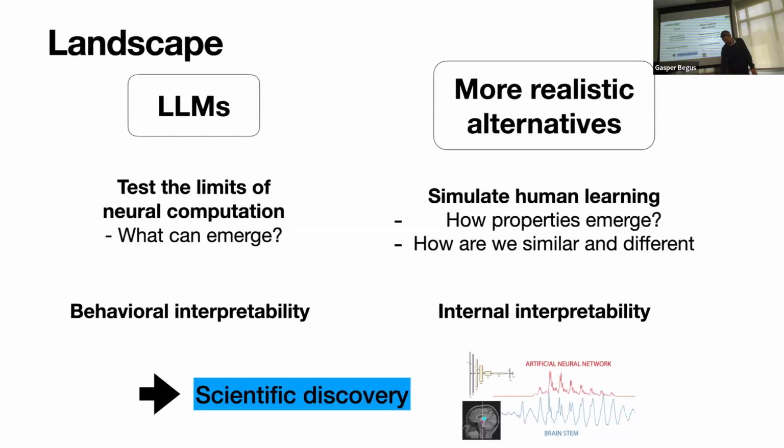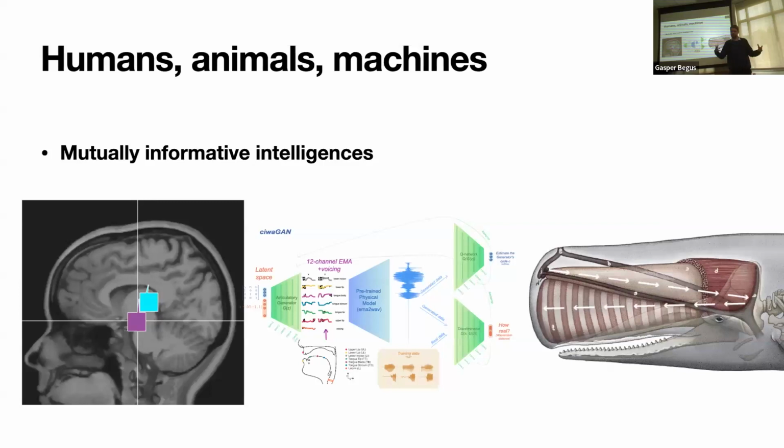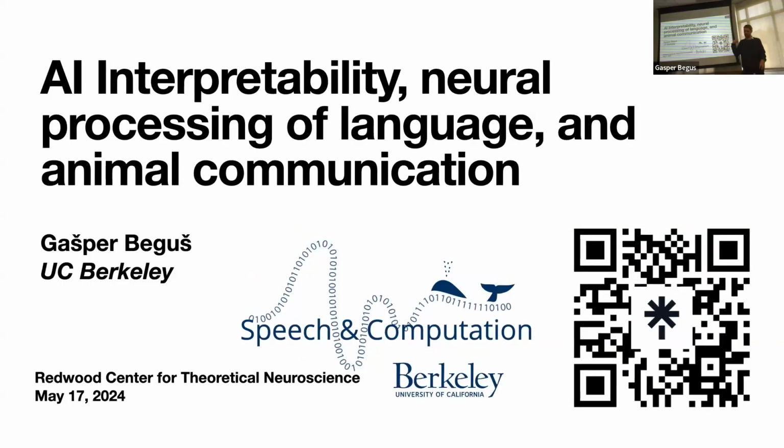Okay, so back to the landscape. I think LLMs are definitely very cool for testing the limits. I think more realistic models can give us a lot, both on neuroscience and behavioral modeling of cognition and spoken language especially, and then scientific discovery. And I think it's an exciting time we live in because we're starting to appreciate these three intelligences again: humans, animals, and machines. And I think we can mutually learn from each other. A lot of the code is online. These models are actually easy to train. So if you're interested in running them or playing with them,